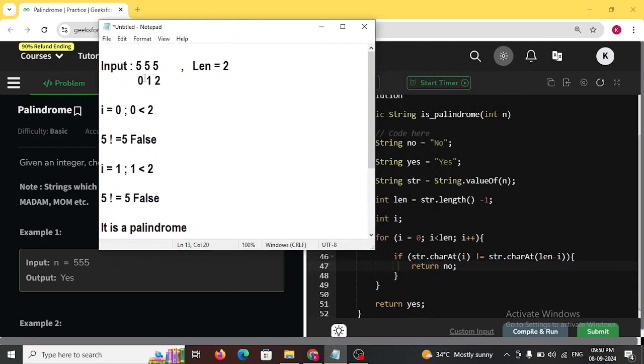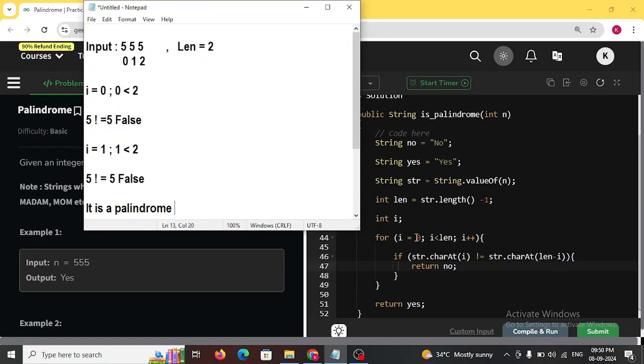Now I take the input 555. It goes from index 0 to 1. Length is equal to 2. If i is equal to 0, the condition is satisfied, 0 less than 2.